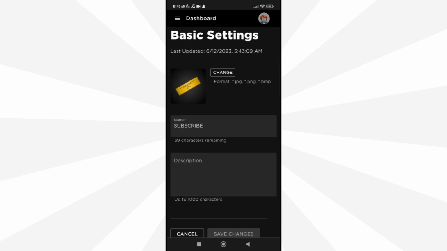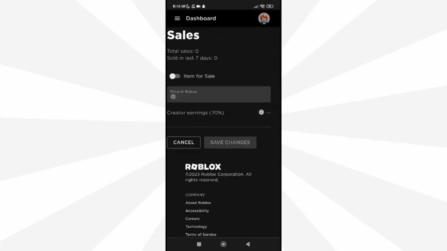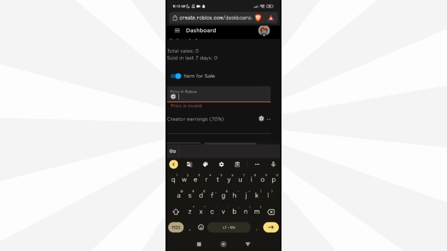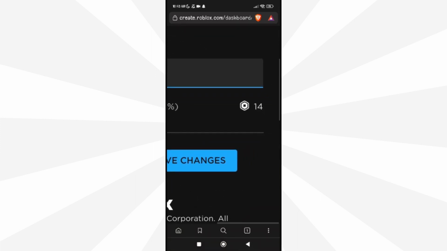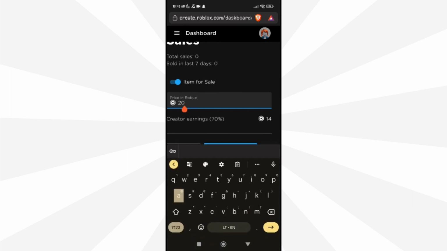Now we don't want an off sale pass, we want Robux. So we click the three stripes again and click on sales. You want to toggle item for sale and make your own price. So 20. But as you can see, you're only gonna get 14 since Roblox takes 30%, so do not get scammed. You want to set the price for what you're worth